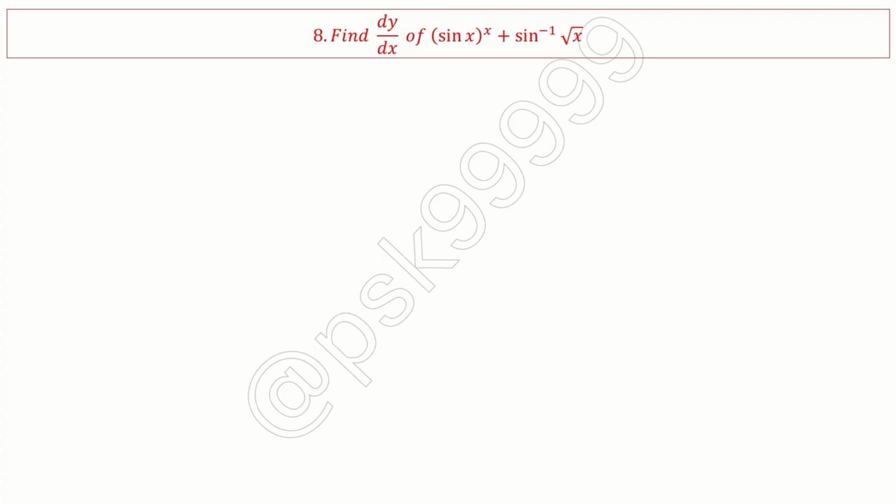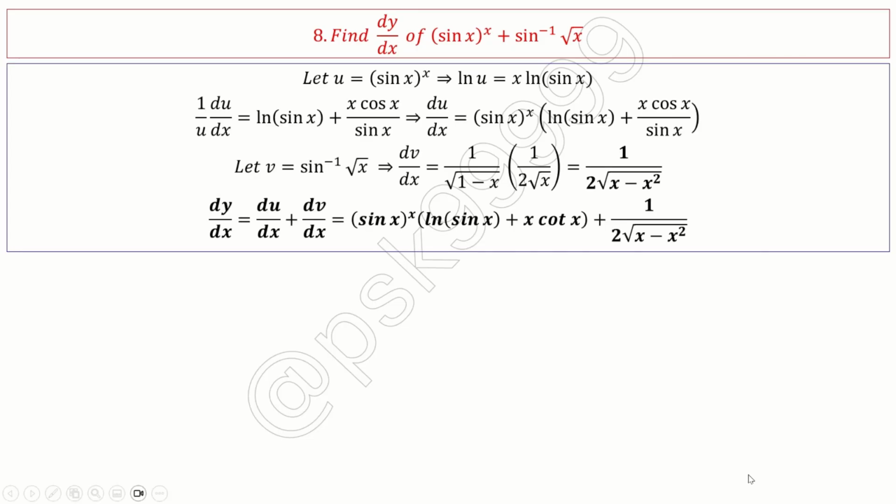Answer and method. Okay, dy by dx, again you have (sin x) whole to the power of x, so you have to consider this as u and then take log u and solve it. The derivative of sin inverse of square root of x is simple. This is 1 by square root of (1 minus x) into the differentiation of square root of x. Okay, so this is simple. You can solve it yourself. Next,